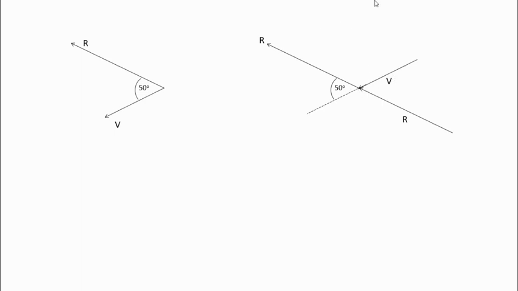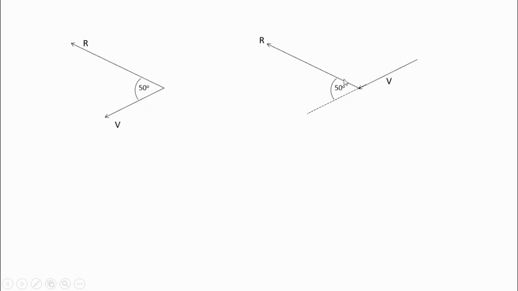The angle between them, this angle right here, is 50 degrees because it is opposite to this angle. The point I'm making is you couldn't look at this diagram and say the angle between R and V is 130 degrees. Where did that 130 come from? 180 minus 50. So the angle on this side is 130, but that's not the angle between the two vectors,